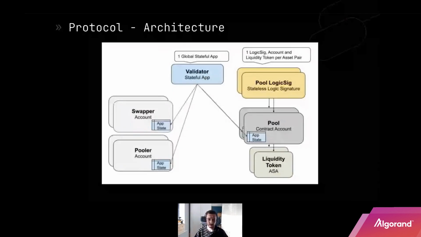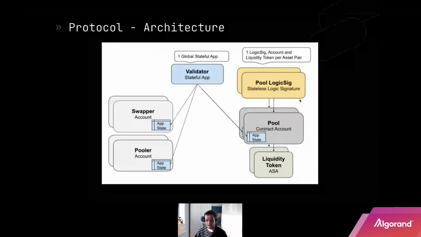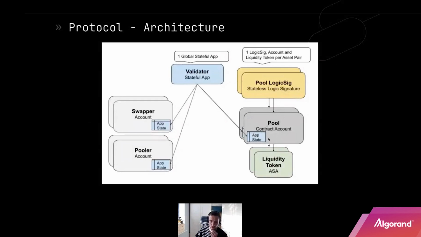So the overall architecture of the system is basically this. We have a single stateful app. So there's one validator app for all pools, and then each pool is implemented as a stateless contract account using the pool logic sig template. Each pool opts into the Validator app, and they store some local state. The pool also creates the liquidity token, or the pool token, through the Bootstrap operation. And then the swappers and the poolers also opt into the Validator app and local state, so that the Validator app can store some local state for the excess